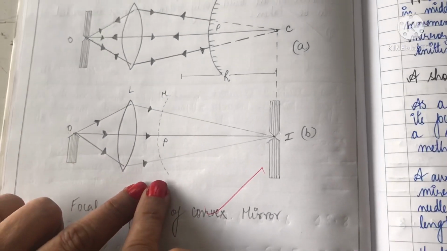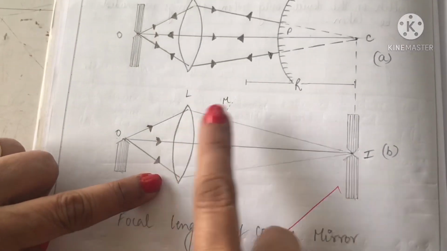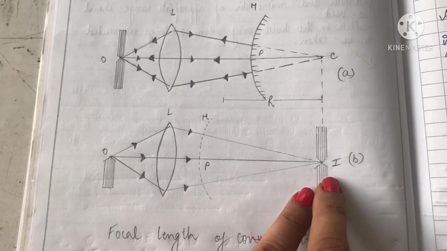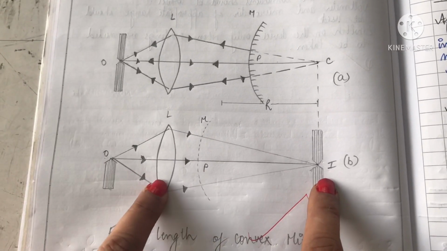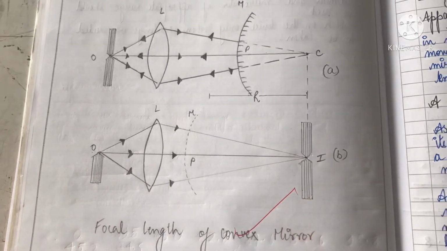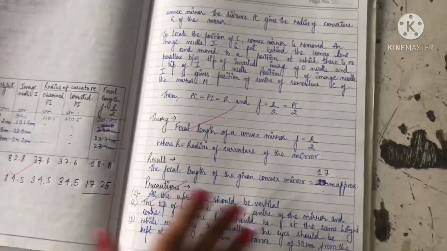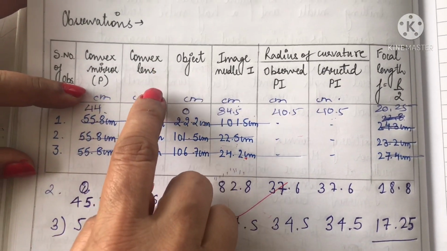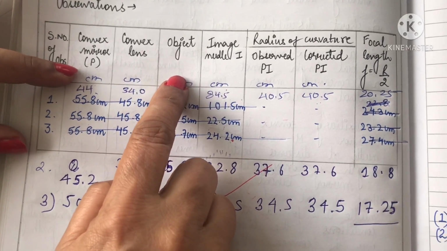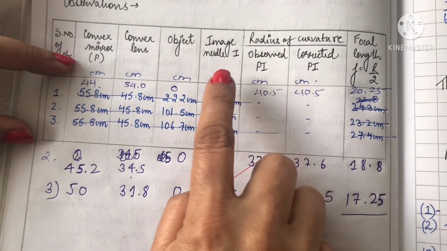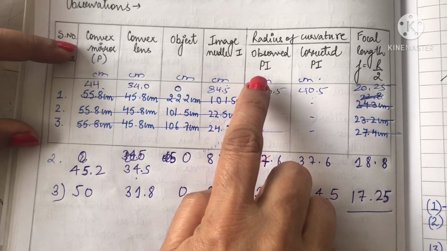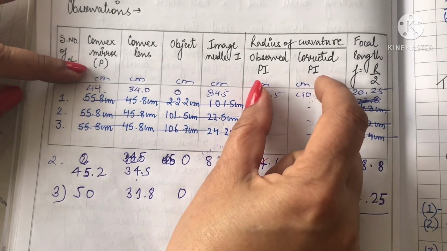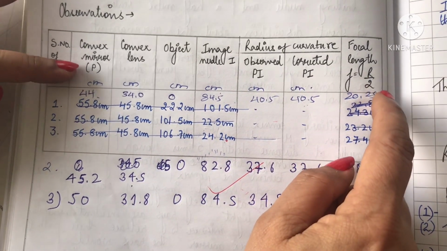And then in the second diagram we'll remove the mirror, and then we have to remove the parallax with the help of the image pin without changing the position of the lens and object pin. Now this is the observation table: serial number, position of convex mirror, position of convex lens, position of object, image needle, and then PI means distance between mirror and image. So this will be double of the focal length,